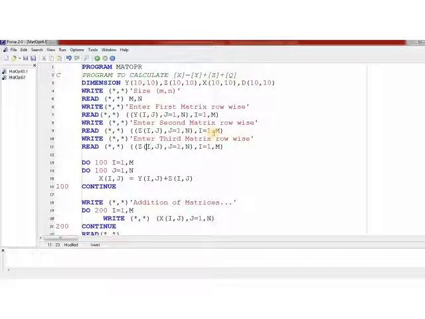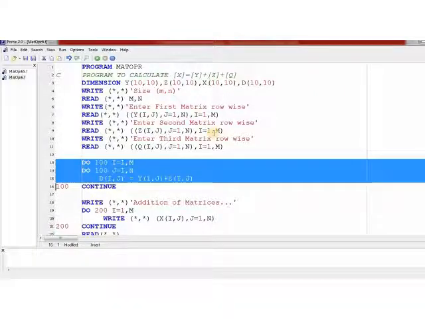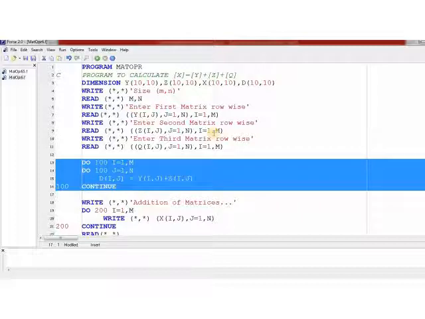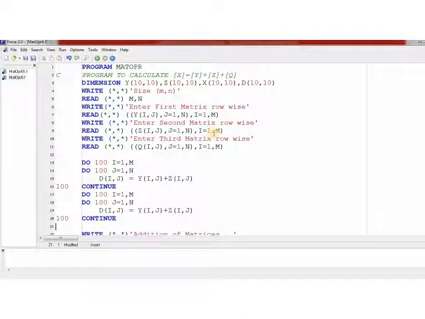Here I'll read matrix Q. After this, I have to calculate D using Y and Z, and then I'll have to copy this program, paste it here, then I'll change the statement numbers, so 200.